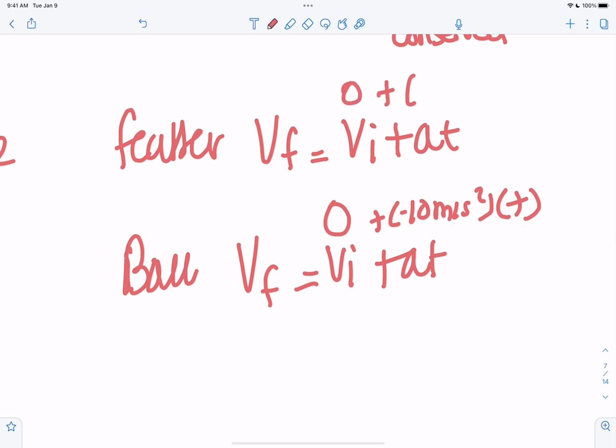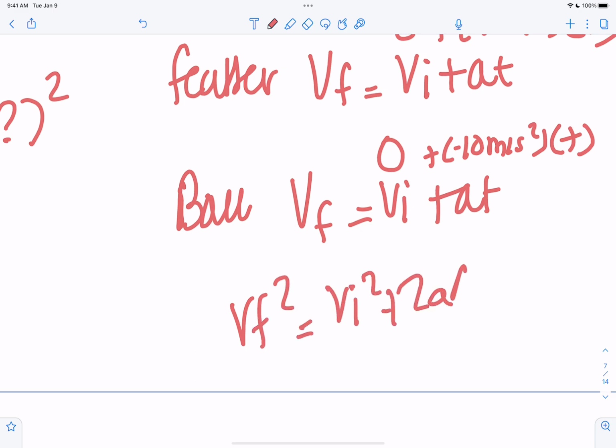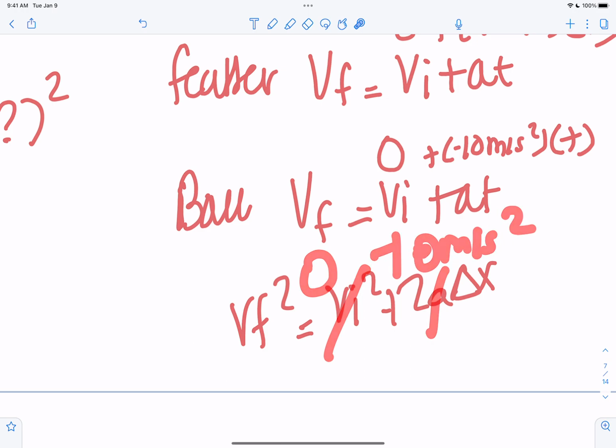This is 0, then this is negative 10 meters per second squared. Then both of them should end up at the ground at the same time, right? And if we were to look at VF squared equals VI squared plus 2AX, or in this case kind of Y, right? Then if they both start at 0, they're both subjected to the same negative 10 meters per second squared acceleration,